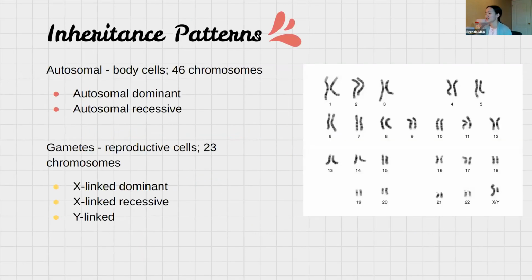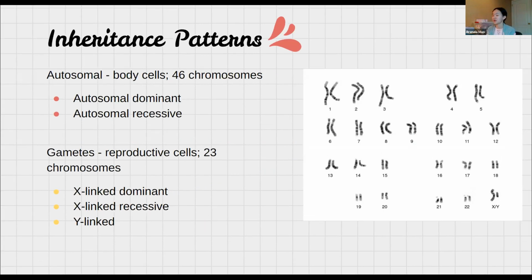Okay, on to inheritance patterns. This is why I was prattling on about if something was dominant, or assuming something was recessive, and how that would affect it differently. So autosomal means body cells. So I have a chart diagram thing. This is called a karyotype. I'll talk more about that next week because that's next week's lesson plan. But in every cell we have 46 chromosomes, at least in body cells. So that would be cells like hair, skin, that kind of stuff. And autosomal means body cells. So if we have some trait or disease that is autosomal, dominant, recessive, it would be on one of these